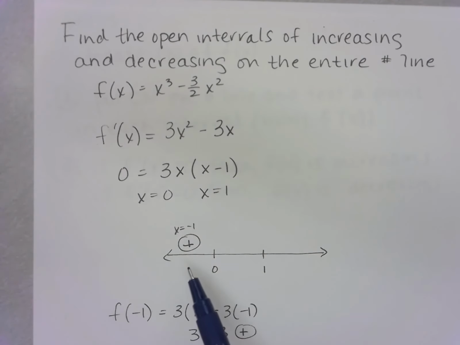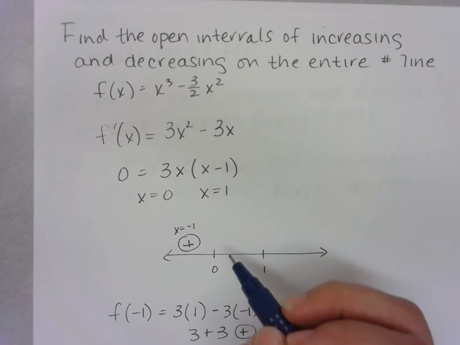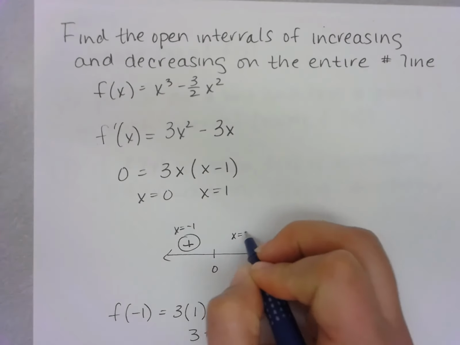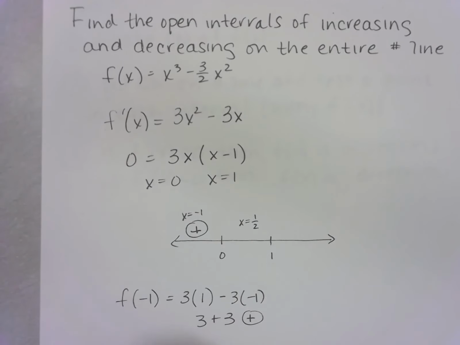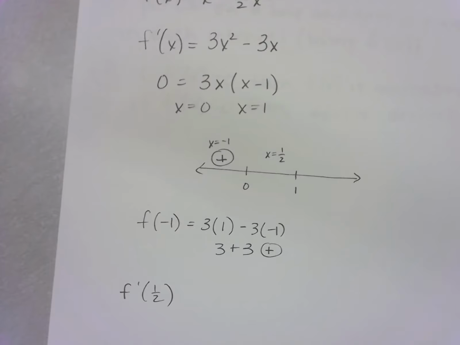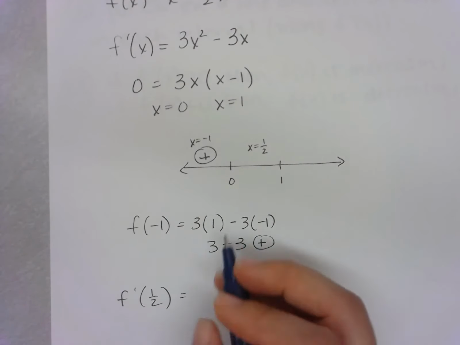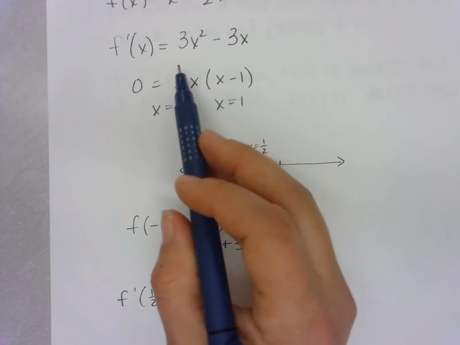F prime is positive. Right, so now I need to pick a value between 0 and 1. I guess the nicest fraction I can think of is a half. So f prime of a half, right, so I'm going to put it in. It doesn't matter which one I put it in, assuming I